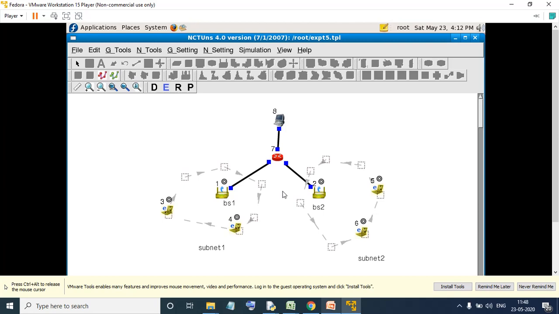Next very important thing is you should edit your various things. You should check the IP addresses. Check the IP address of the host, which is 1.0.3.2. Okay. So similarly, you can find the IP address at every point. Okay. Next very important thing is we should make all the specifications.